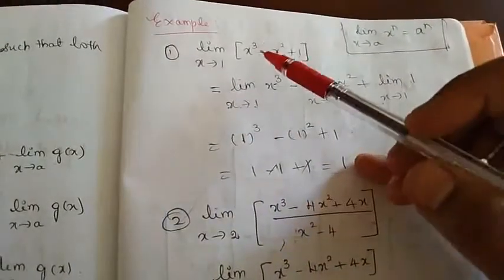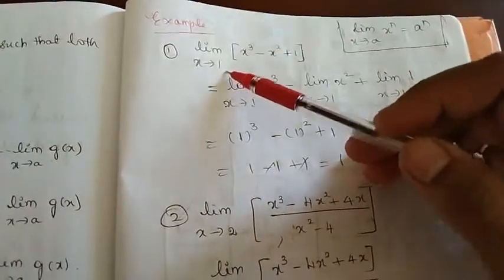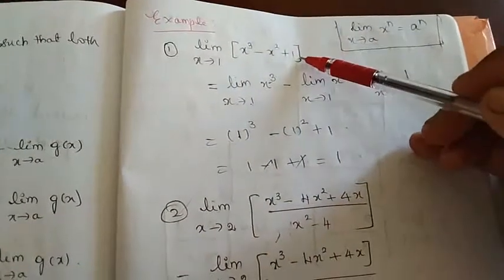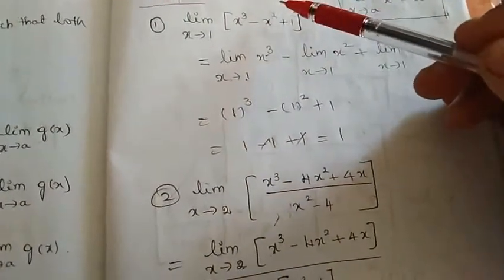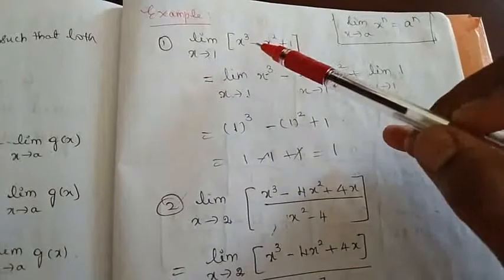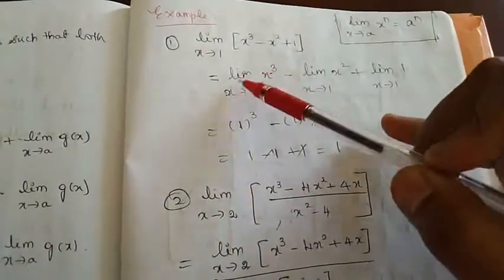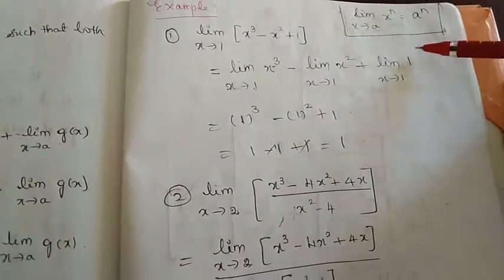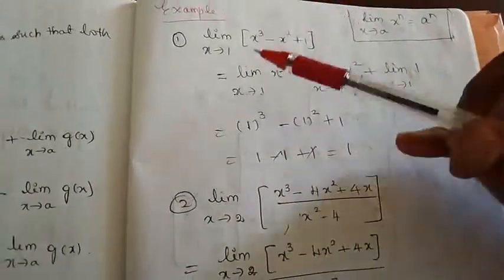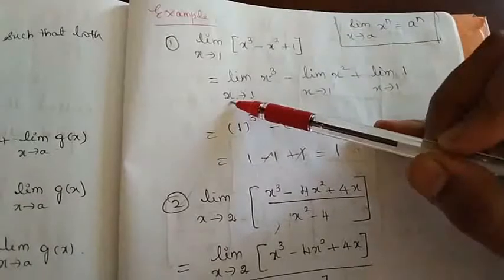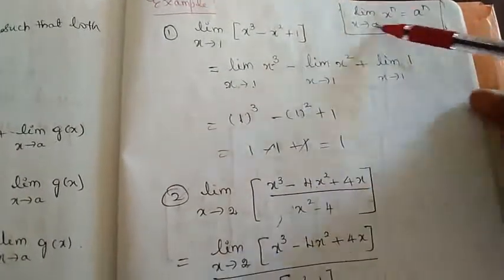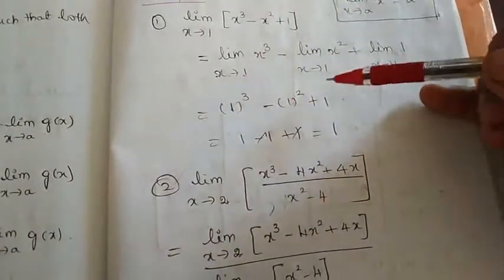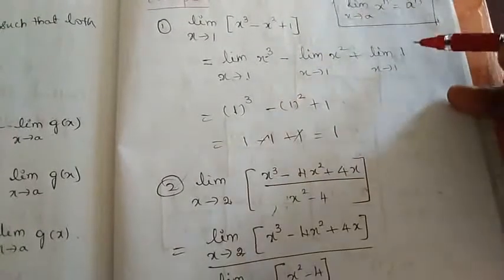Okay, now let us see one example. Limit x tends to 1, x cube minus x square plus 1. This is what they asked you to evaluate. So how to evaluate? Using the algebra of the limits we can separate. Limit x tends to 1 x cube minus limit x tends to 1 x square plus limit x tends to 1 of 1. Right, now using this result, limit x tends to a, x power n is a power n. So 1 power cube and 1 square,